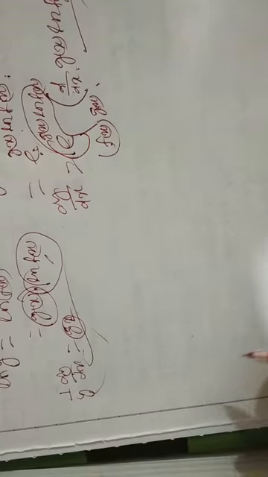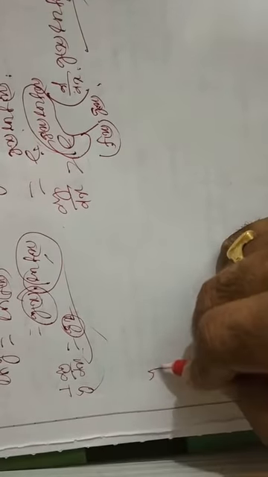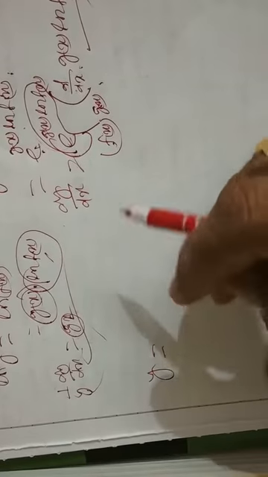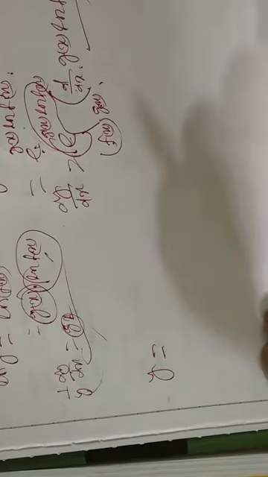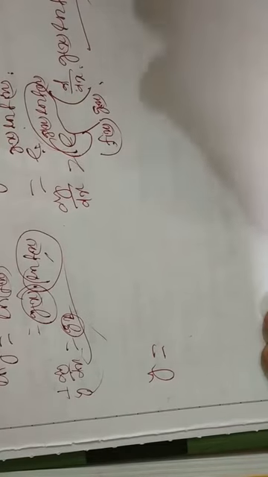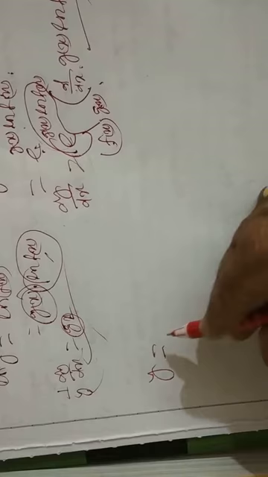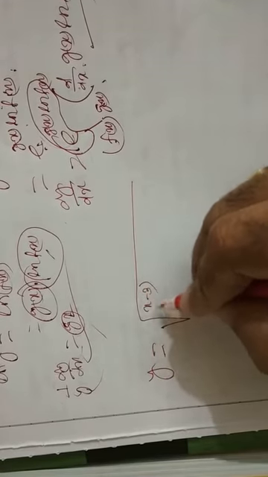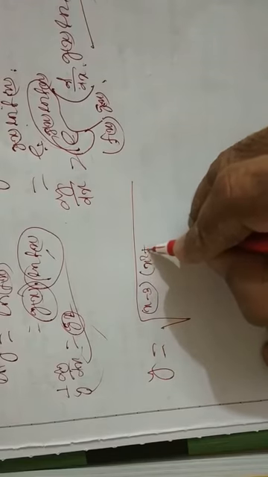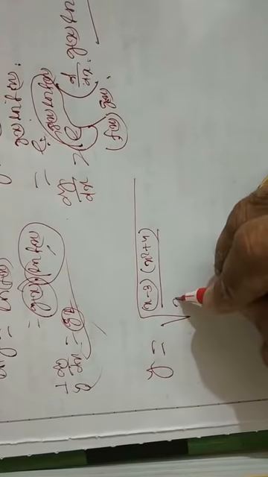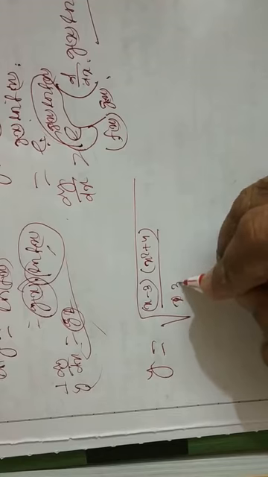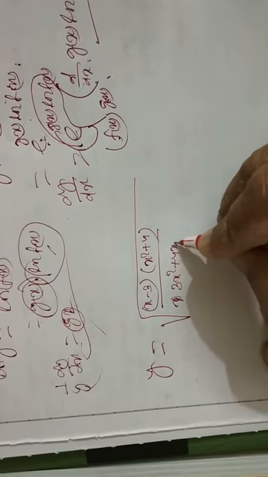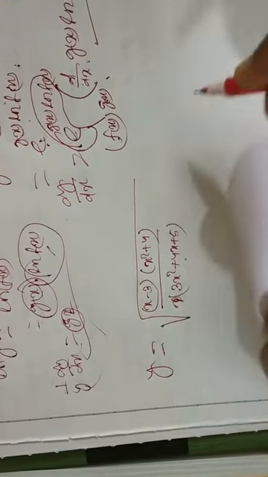Another type of function where I shall use logarithmic differentiation is where y is a product of many factors in the numerator and many factors in the denominator, and that total power and so many things. We shall take one example: under root, (x minus 3)(x square plus 4) by (3x square plus 4x plus 5). Okay.